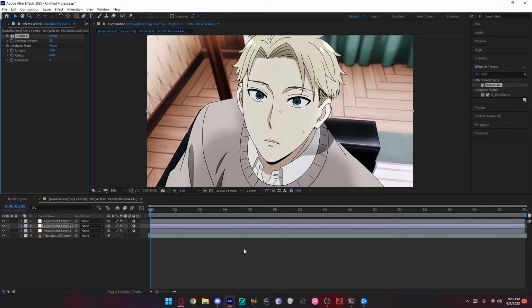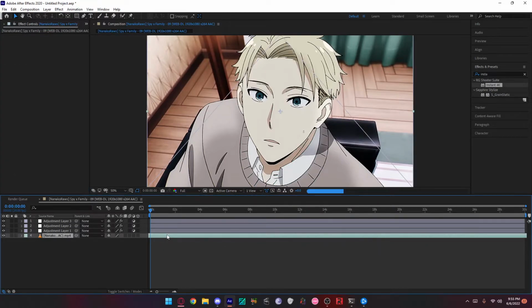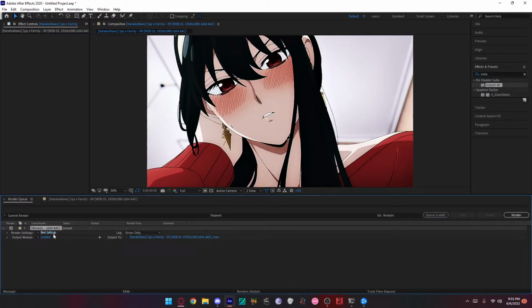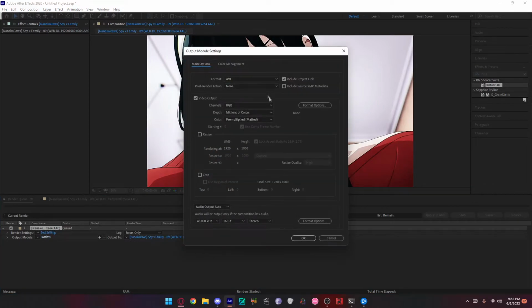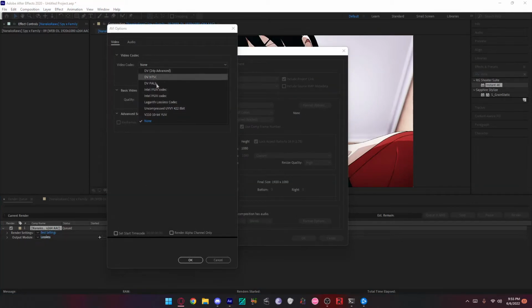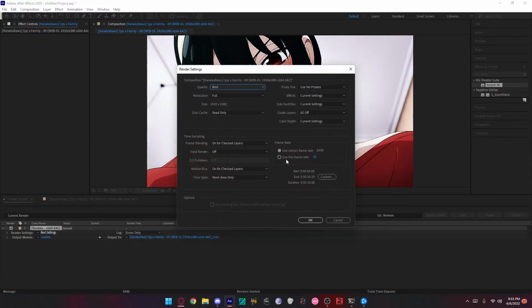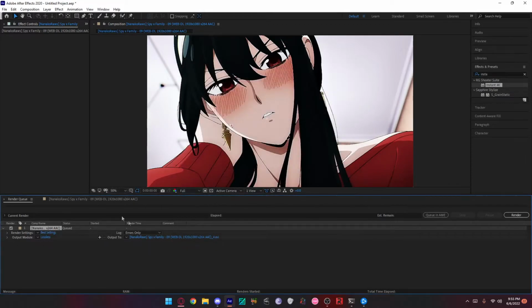So now we're gonna go to render settings. So Control M, you would do basically the defaults. You wouldn't go in here. You don't have to do lossless anymore, because I've been bugging with that recently. Again, if you're doing frame rate, change the frame rate. That's it. Just hit render, and then